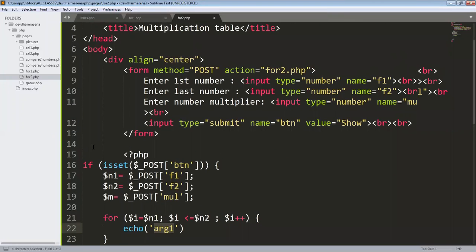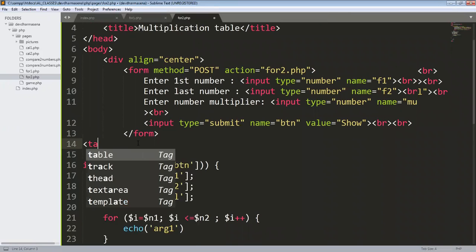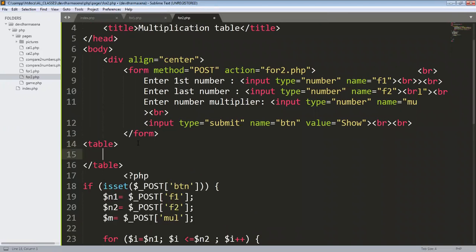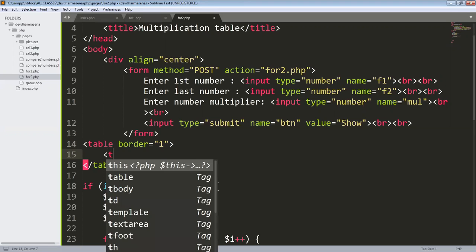So first, I will use a table here. Okay, normal HTML table. Then I will put a small border. Then we can see it better, right? Border, and then within that I can put the table row.